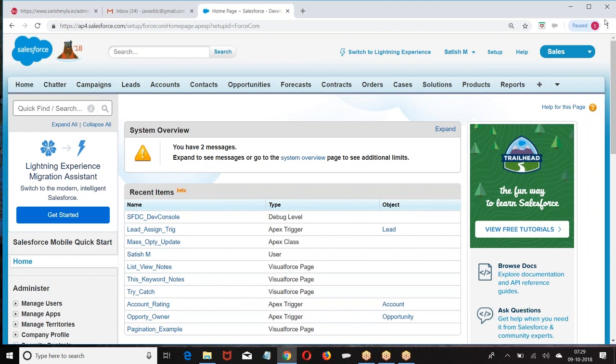This I cannot achieve with before insert, because unless the parent is saved, I cannot create a child for it. I want you to create a contact for an account. Unless the account is created, I will not be able to create a contact for it. Or an opportunity for it. When you want to create a child for a particular parent, first the parent record should be inserted successfully. So that is the reason I am going for after insert trigger.